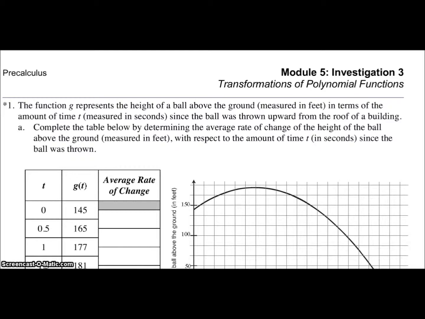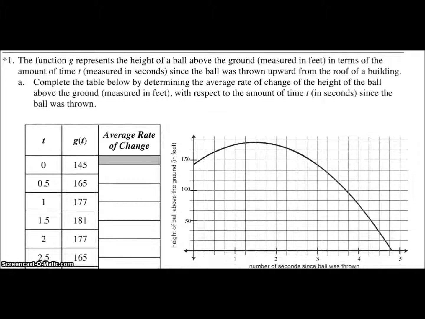Number 1, the function g represents the height of a ball above the ground measured in feet. Where's my function g? Up here it is. I have my output here and my input here, in terms of the amount of time t measured in seconds, since the ball was thrown upward from the roof of a building. So I see that when the time is 0, my initial height is 145, so my building must be 145 feet tall,